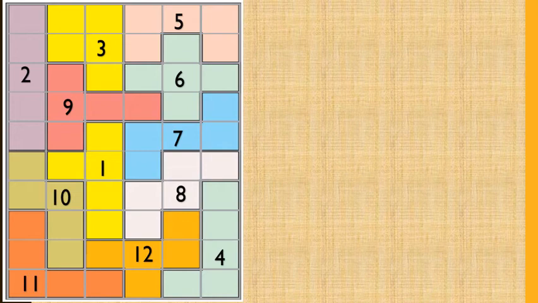Now, using these 12 different shapes, make a 5 by 12 rectangle.